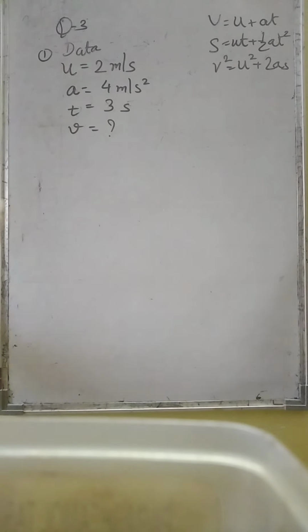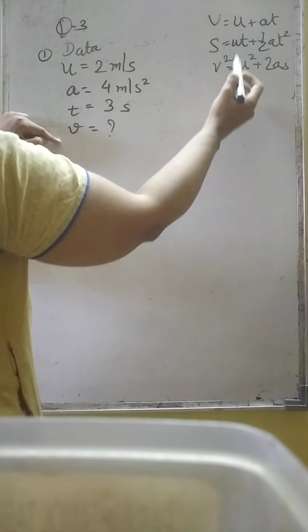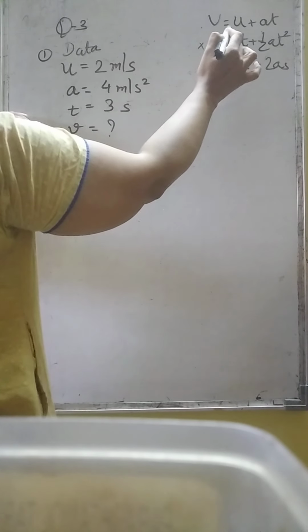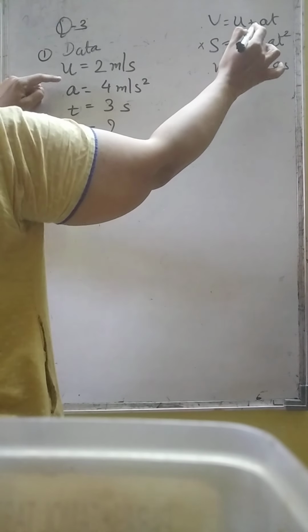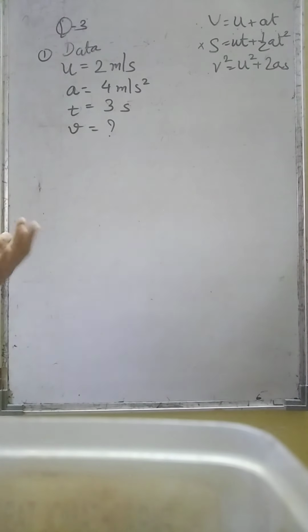So we will use the formula. Now we check, V वाला कौन सा फॉर्मूला है? V वाला ये फॉर्मूला तो हो नहीं सकता. V वाला एक ये फॉर्मूला, एक ये है. So in that we'll check that U is given, A is given, T is given. So yes, I have to use this. Like that in the exam you are going to decide which formula you are going to use.